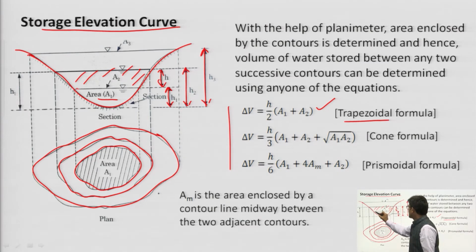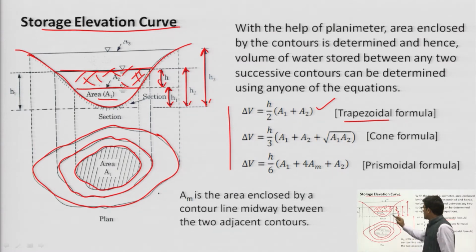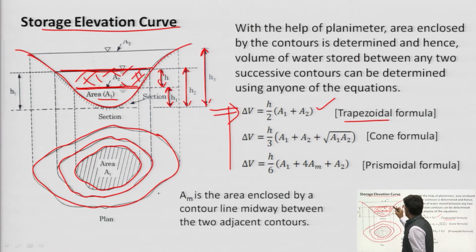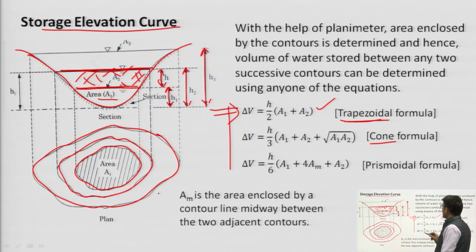Within A1 is this area and A2 is this area. Within A1 and A2, if we need to calculate the volume of the water stored, that can be calculated with the help of that formula, and in that formula we consider this one as trapezoid form. In conical form, that formula is revised by